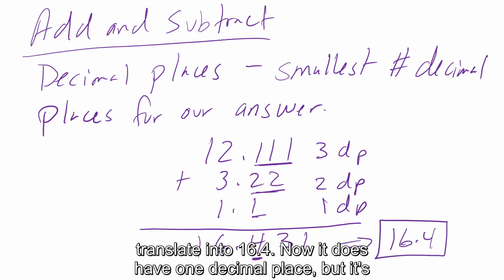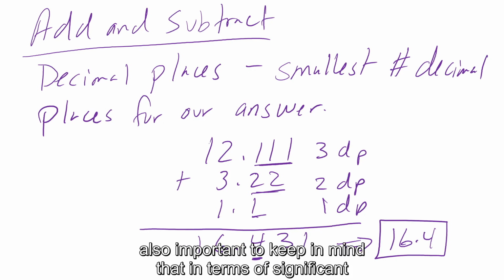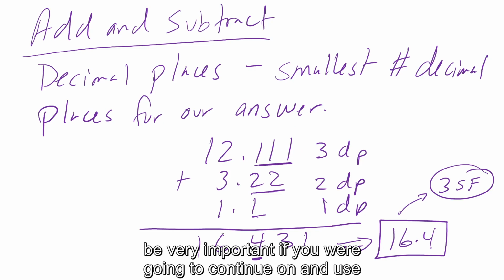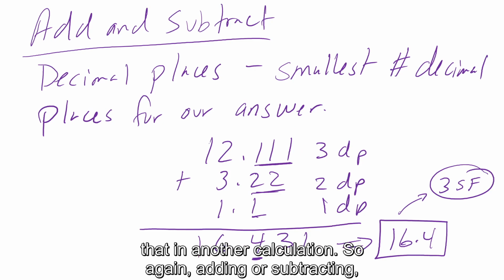Now, it does have 1 decimal place, but it's also important to keep in mind that in terms of significant figures, it actually has 3 significant figures, which might be very important if you were going to continue on and use that in another calculation. So again, adding or subtracting, we're looking at decimal places. Take a look at one more here,